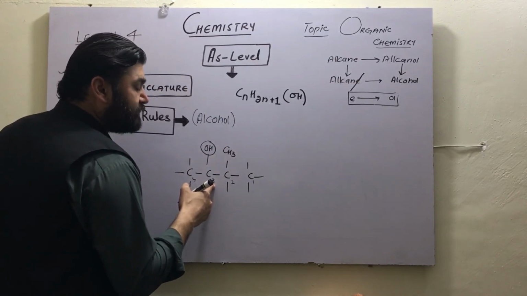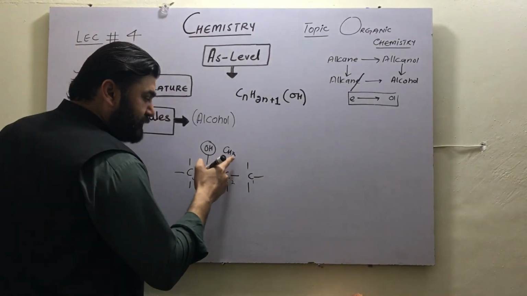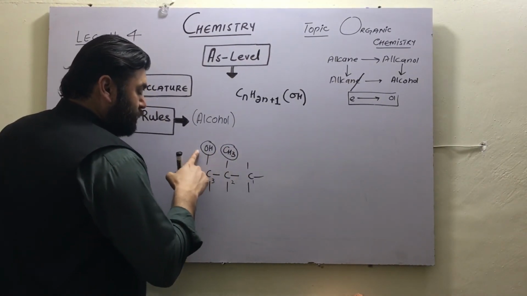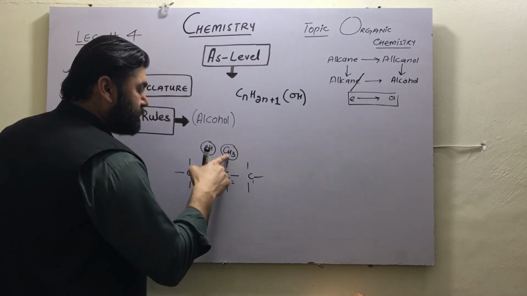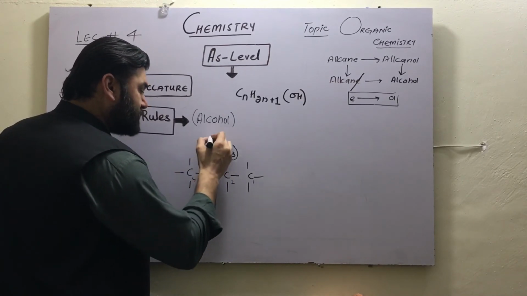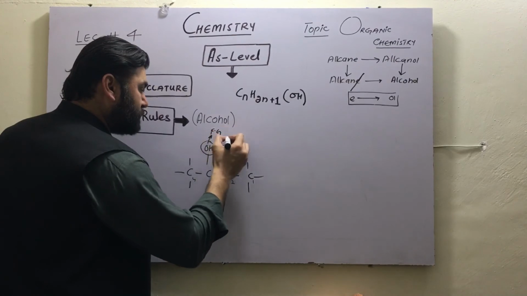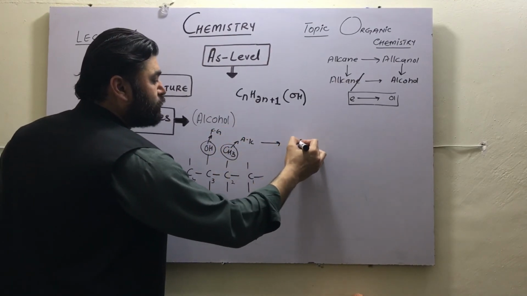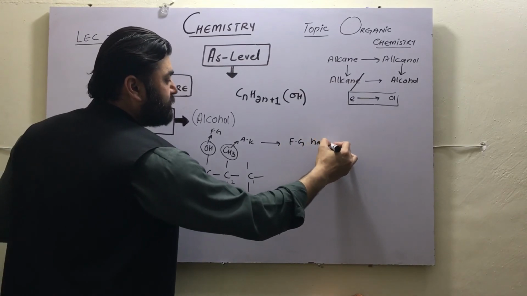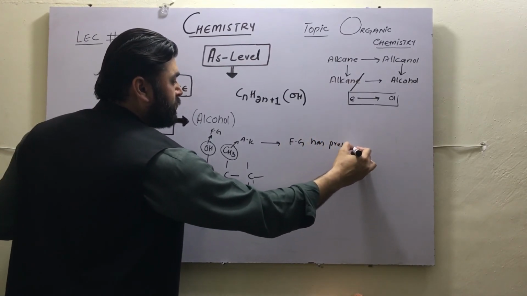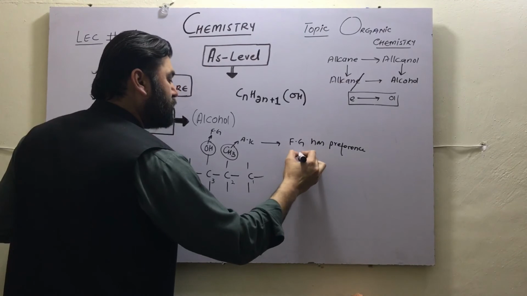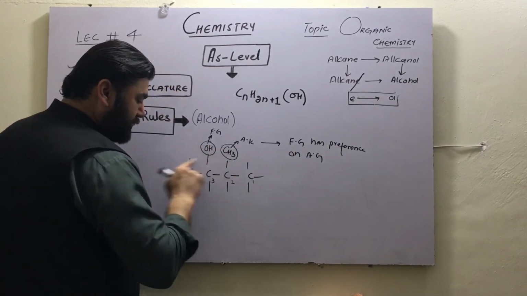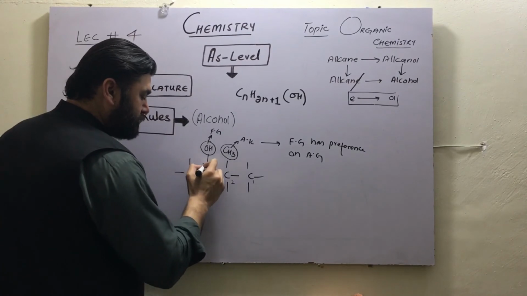Whenever we are assigning a name and there is a functional group and an alkyl group present, the functional group has preference over the alkyl group. So we will start numbering from this side, because it gets the lowest position, 1, 2,